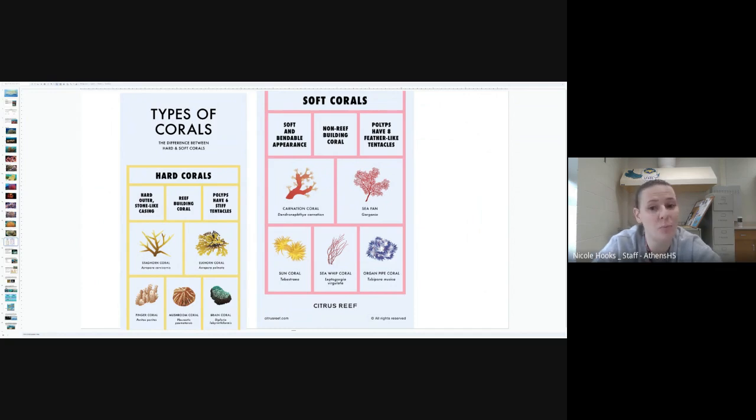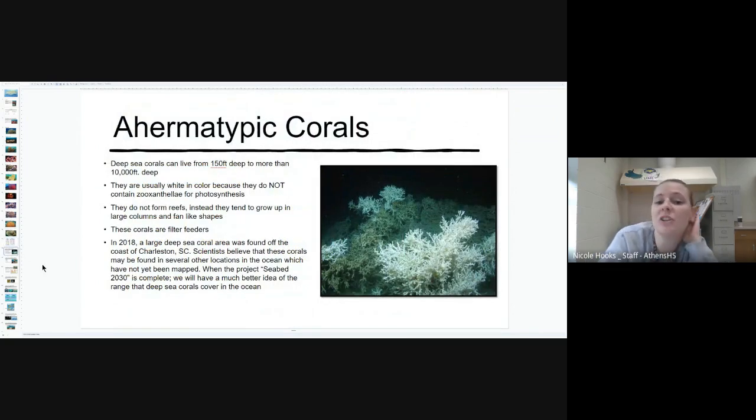And these ones actually don't build reefs, but for the most part, they're going to be found on reefs. So for your learning purposes, I don't need you to know that. Just know these are all of our hermatypic corals. They're living very close to the sunshine. They are very particular, and there are hard ones and there are soft ones, just depending on the type of polyps they have. Okay. Ahermatypic, these ones are 150 feet or deeper, and they can live up to 10,000 feet deep,